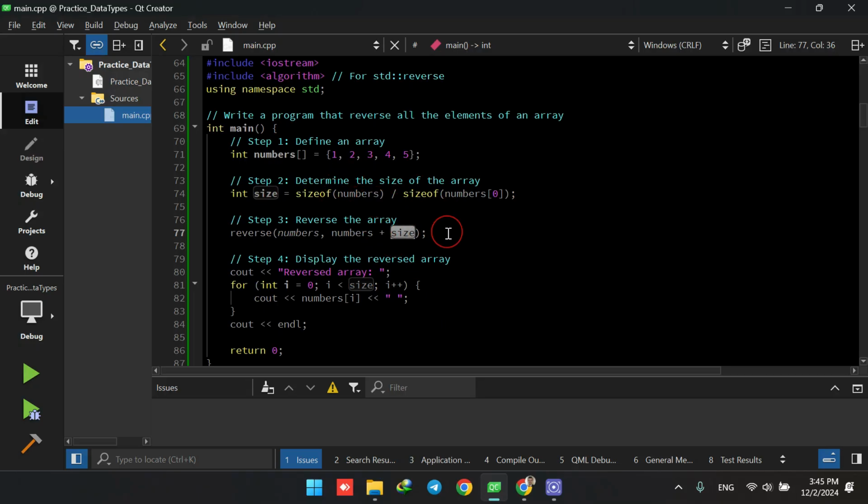And if we are going to reverse the array for the first 2 elements, 3 elements, 4 elements, or 5 elements, that depends on us. You can simply change this size manually and put in the numbers, and then the code will reverse those